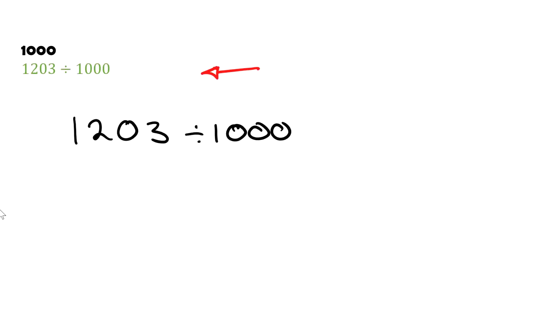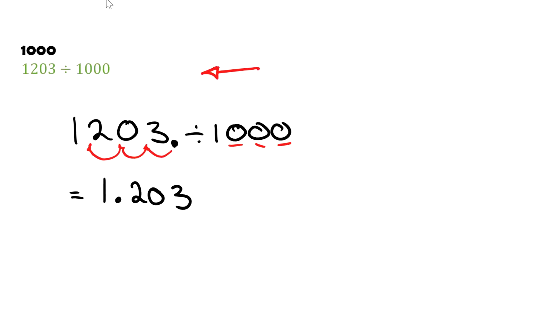Lastly, we'll look at this one here. And again, we're dividing, so decimal place is moving to the left. 1203 divided by 1000. So there's no decimal place here, so I'm going to put one there. And we're moving 1, 2, 3 positions. So 1, 2, 3. So our answer will be